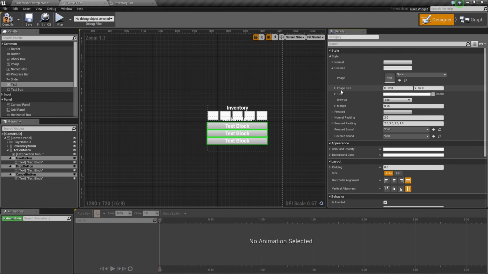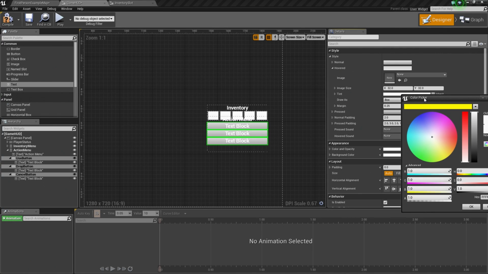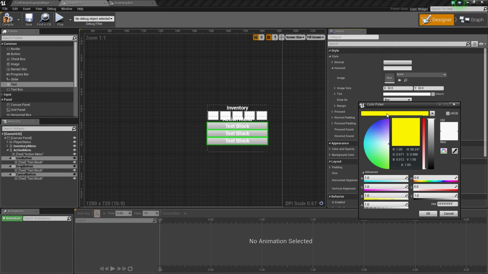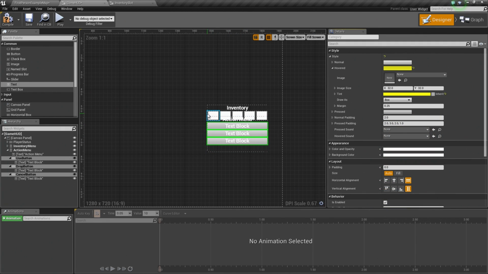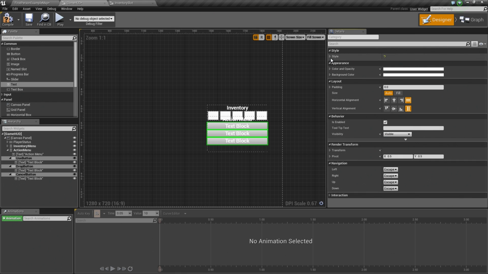Now remember that tint that we set up a couple videos ago? Let's go ahead and assign that here. So for the Hovered tint, let's click this drop down. There is our friendly yellow. So let's go ahead and select that and hit OK. Now we are getting the same color of highlights whenever we highlight one of these individual slots. The same highlight will be applied to our buttons. So we can collapse that now and collapse this. And I think that's all we need to set up on our buttons for now.